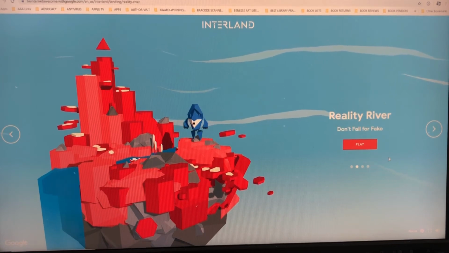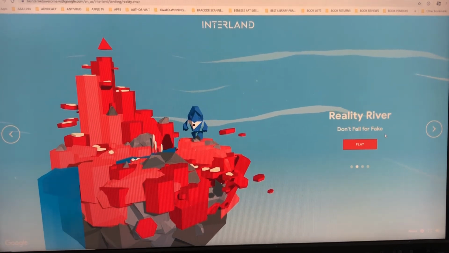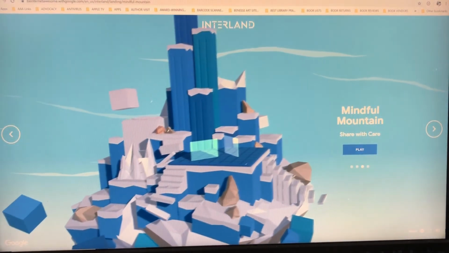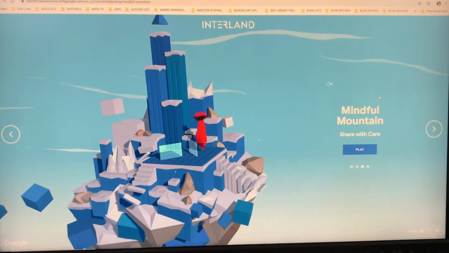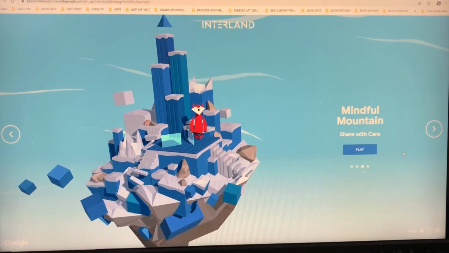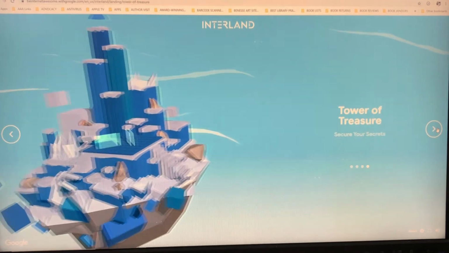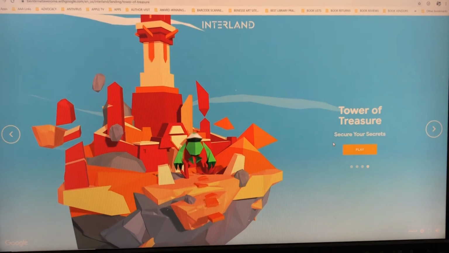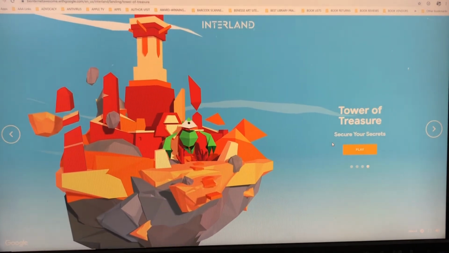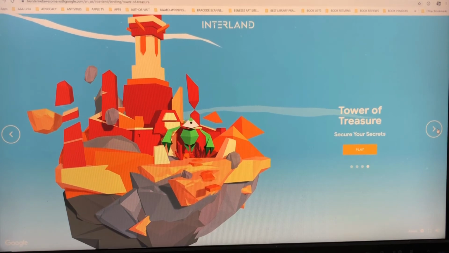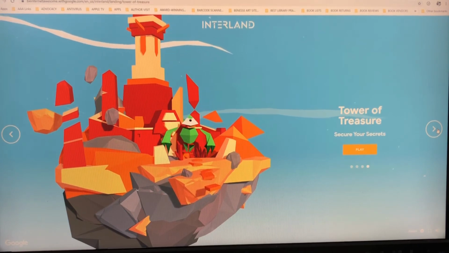So it teaches you how not to fall for the fake. Mindful Mountain, this is all about sharing things with care. All right. Tower of Treasure, secure your secrets. For example, how to create a password that really will protect you and not be easily crackable, okay?